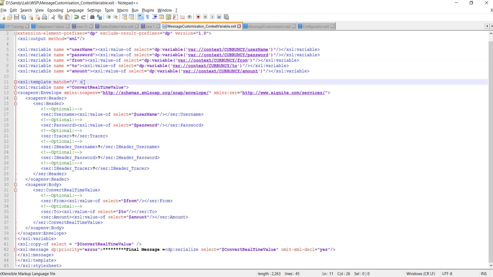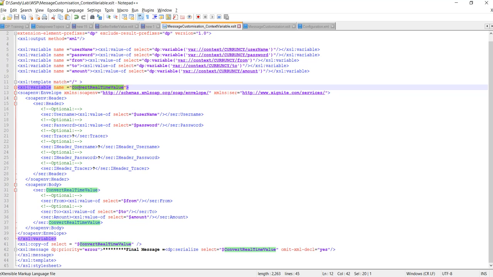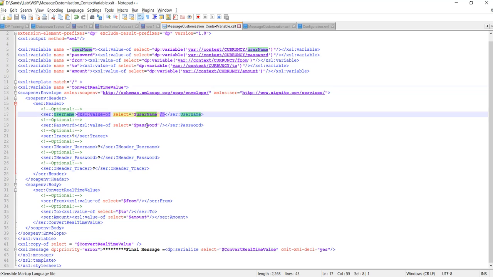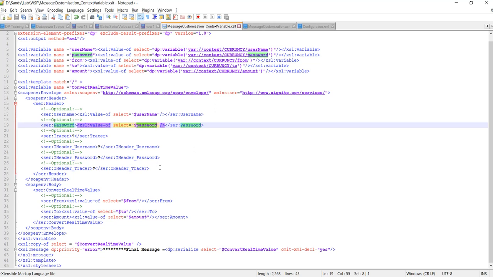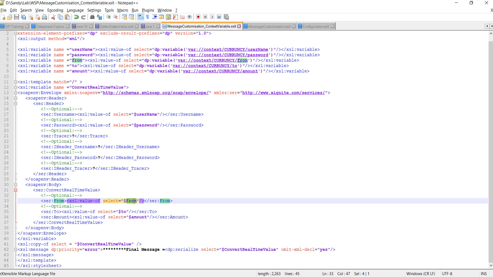After that, we'll again traverse the XSLT from the root. Here we are creating a simple variable, and in this variable we'll construct a new message. Here we'll pass the username and the password. In our previous XSLT, we were passing the variables from, to and amount as hard coded values in the previous video.